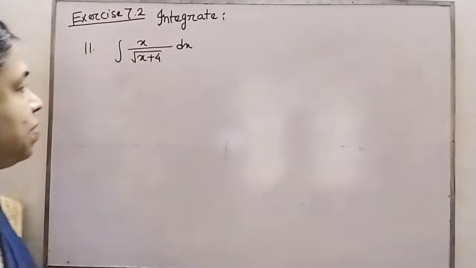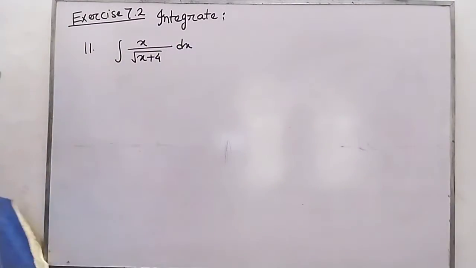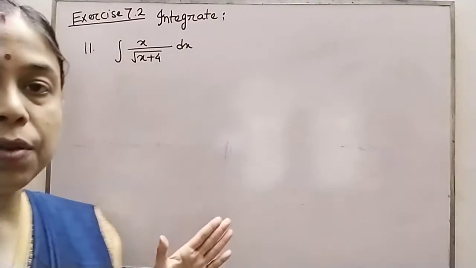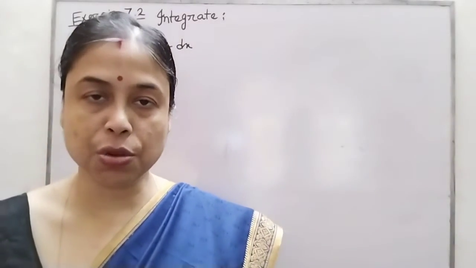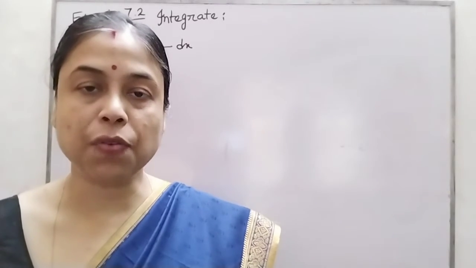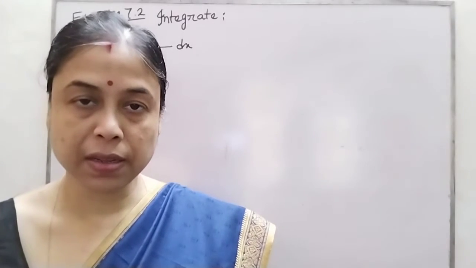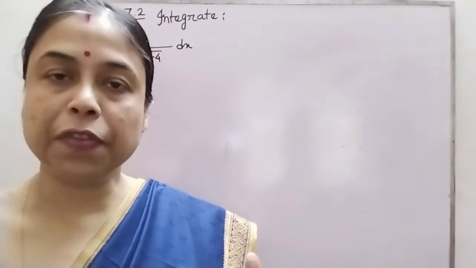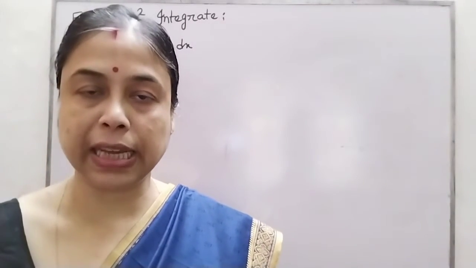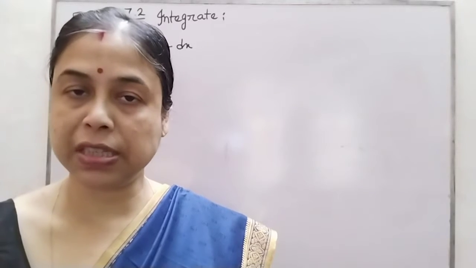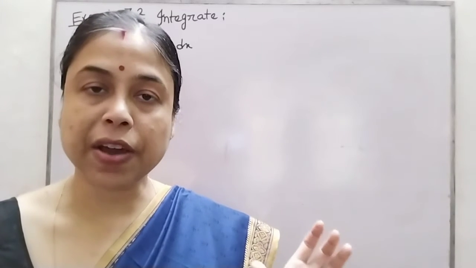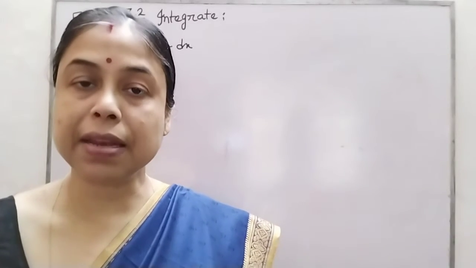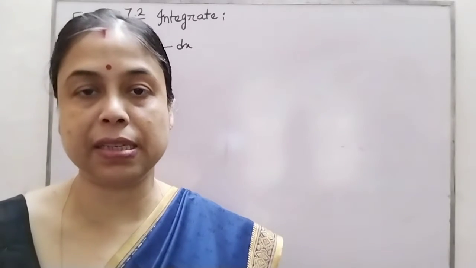Our question number 11 is integral of x dx divided by under root of x plus 4. We hope you understand what substitution you have to use here. You just see whose derivative is present in the integrand. One is under root of x plus 4. If I put under root x plus 4 as t, that gives a root over expression whose derivative is not present. But if I consider only the x plus 4 portion, then the derivative of the linear expression is always present in the integrand.